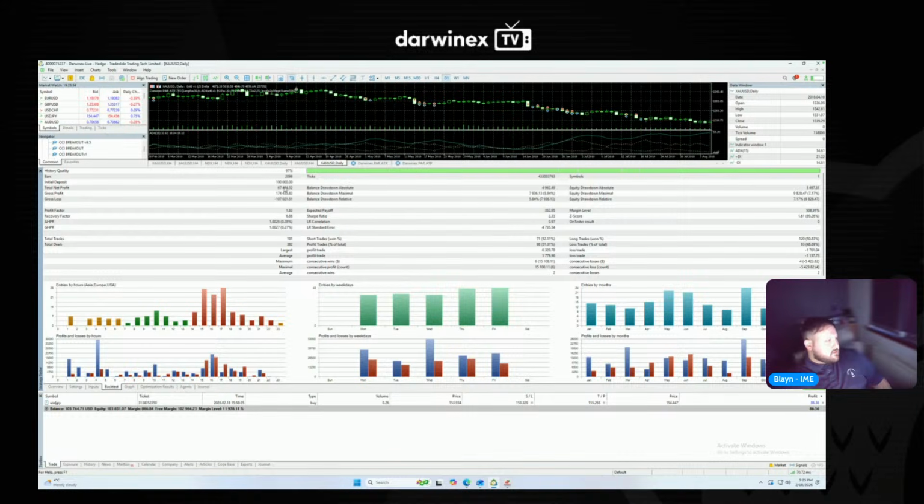Okay, so 67% return with a 5% drawdown. So that's still not bad. 1.63 profit factor. All right, okay. Interesting. The short side has really started to do better. So the short side won more than the long side with this management, which is very interesting, considering the short side was struggling.